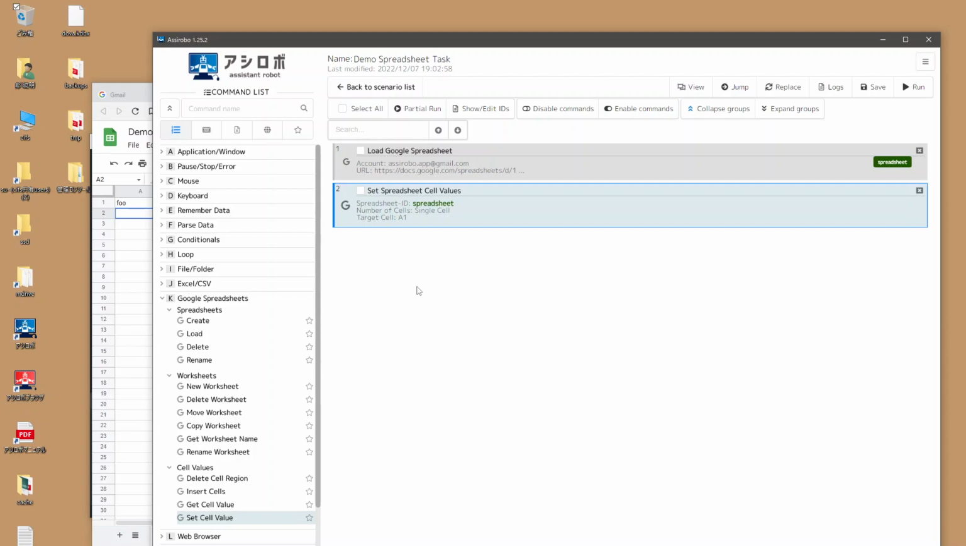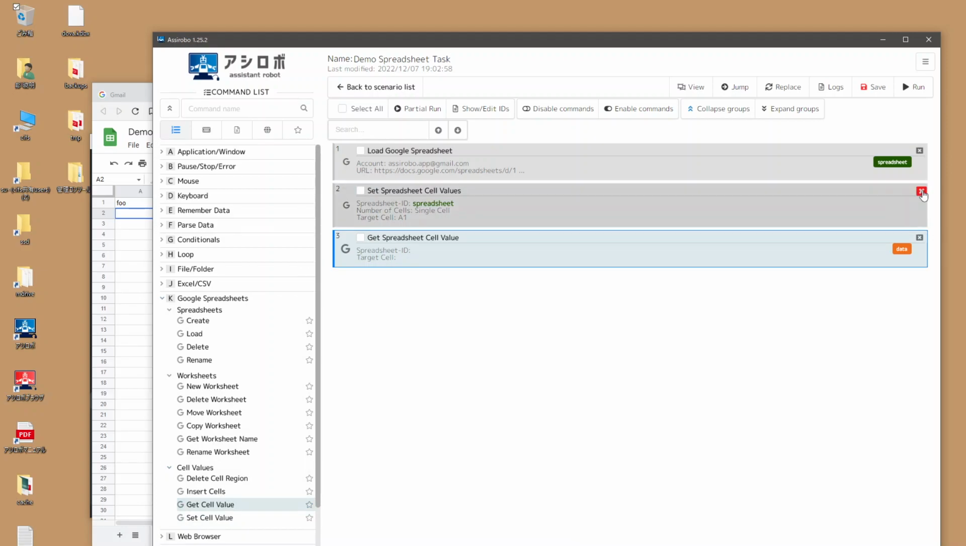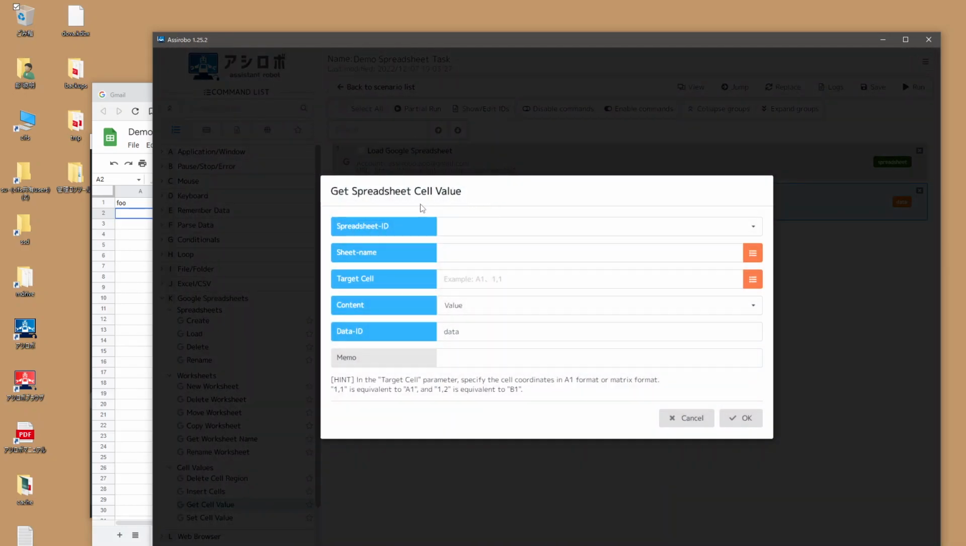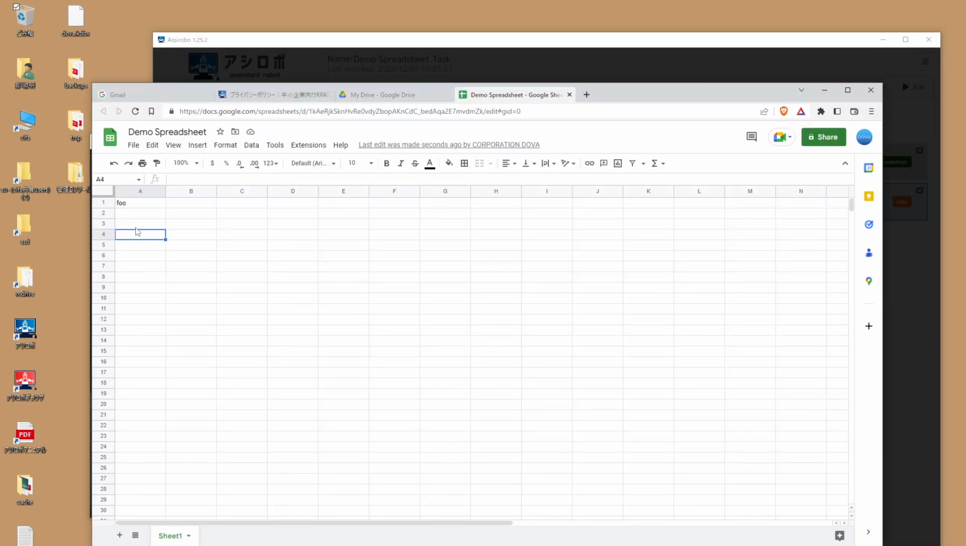Now our app can also read cell values using this get cell value command. So we will edit this task to load the same sheet, and this time instead of setting a cell, we will get a cell value. So we will take this loaded spreadsheet. We want to load from this worksheet, sheet 1. We want to load the cell value from A1, or actually,